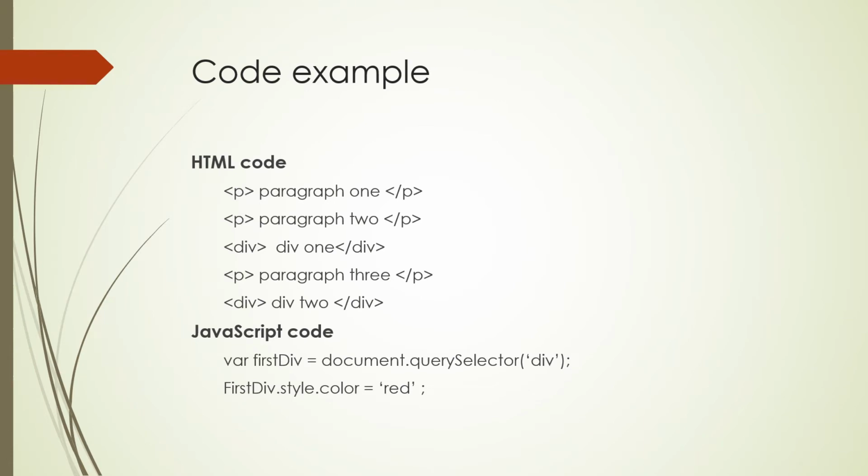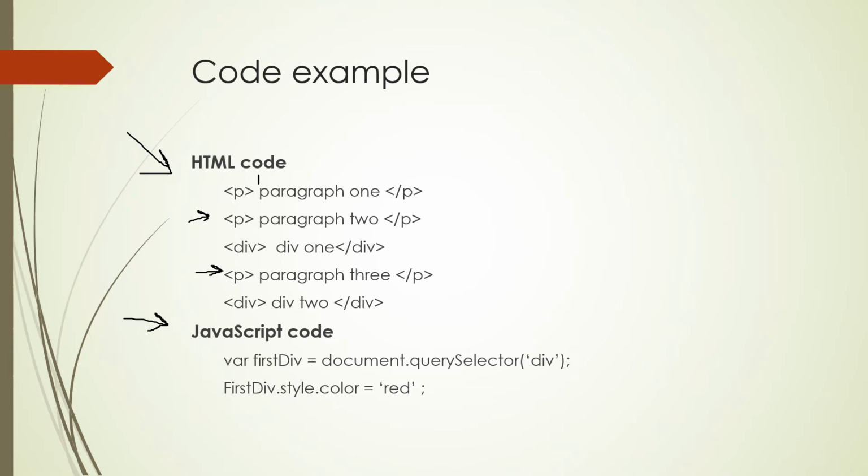Here, first, this is HTML code, and here is JavaScript code. In HTML code, here we have a paragraph tag, and here again a paragraph tag. Here are two div tags and the last three paragraph tags. Here we write something: paragraph 1, paragraph 2 and paragraph 3, and in the divs we set the text as div 1 and div 2.